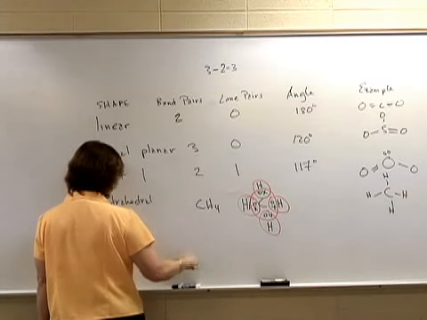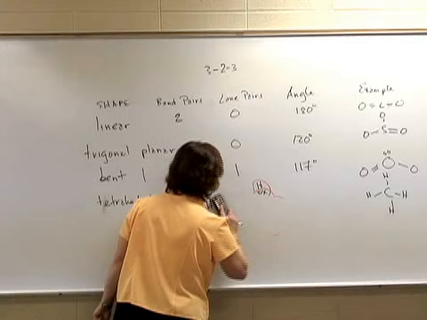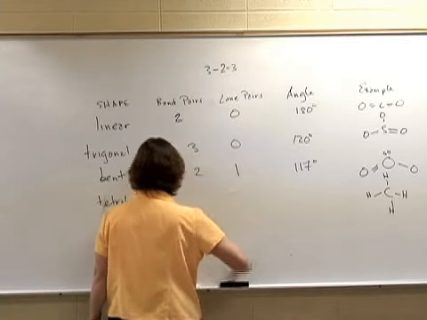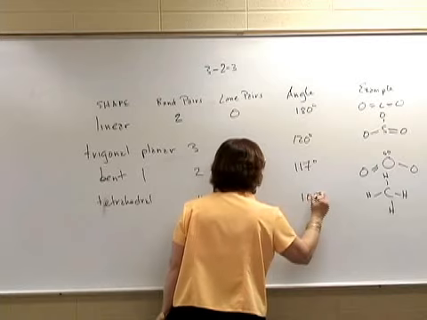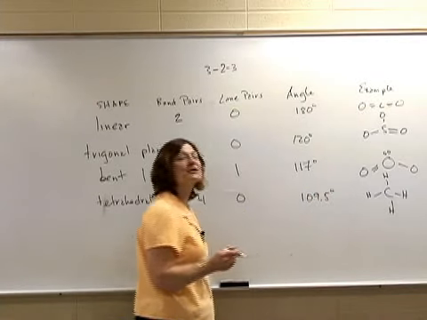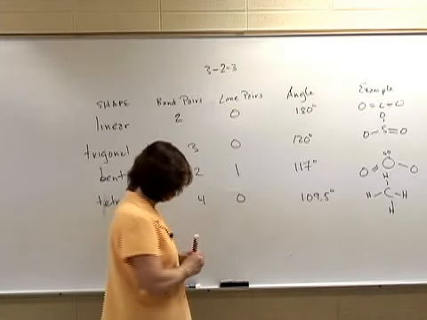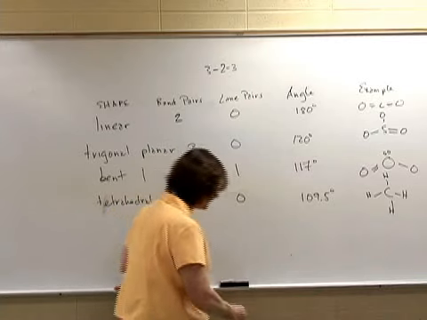Tetrahedral. And we had 4 bond pairs and no lone pairs. And the angle is 109.5. And that's been measured, and we know that that's what it is. If we look at the balloons then,